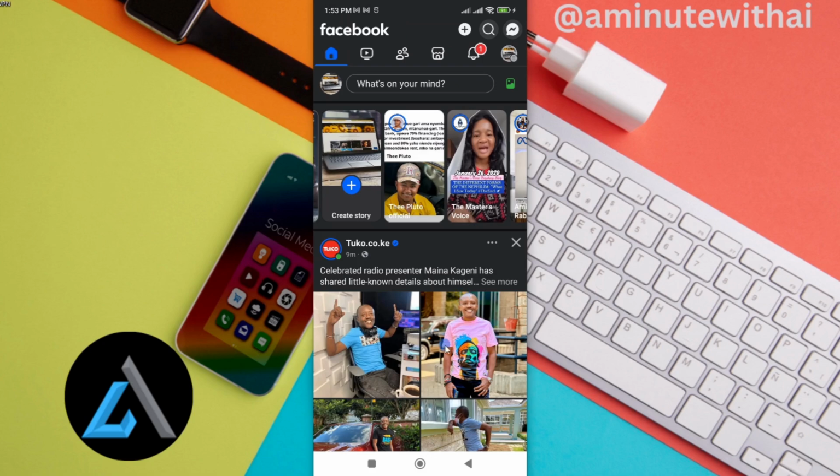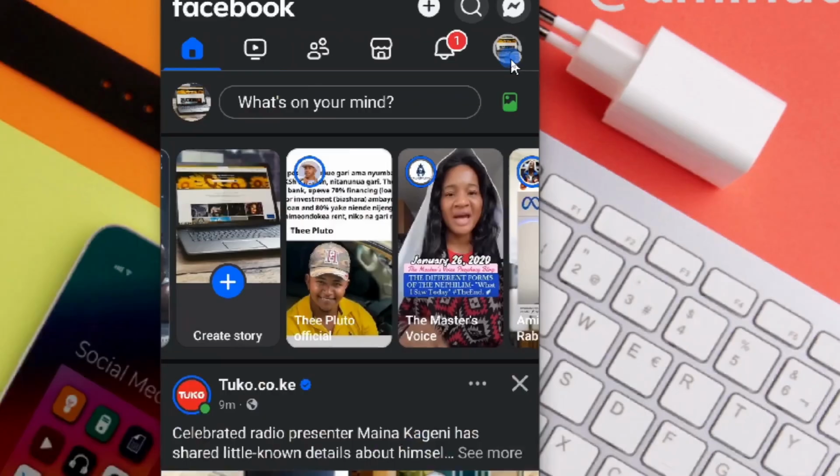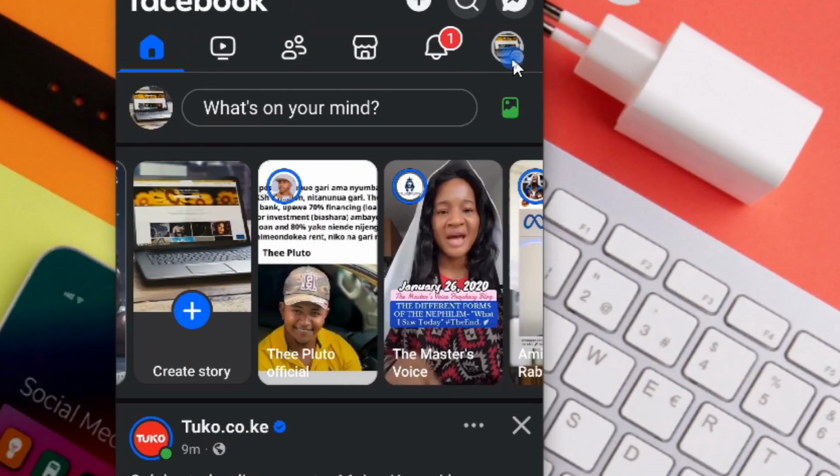In this tutorial, I'm going to show you how you can completely remove your Facebook account from your device. So if you want to wipe all the data of your Facebook account from your device such that there is no trace, or someone has just to log in afresh, it is pretty much easy to do on your smartphone. To do so, go ahead and tap on this menu icon here shown by your photo,